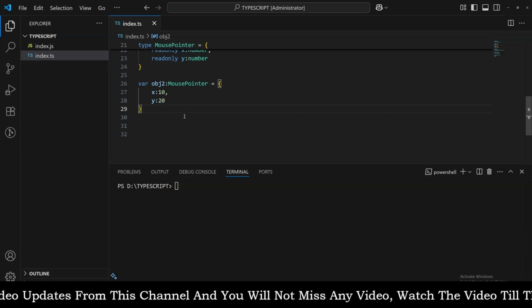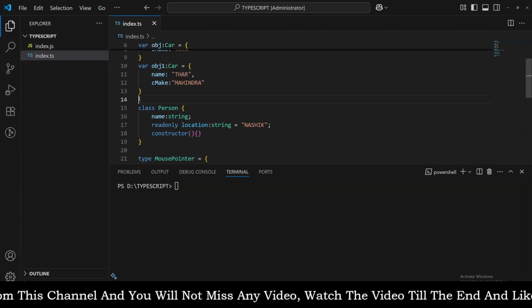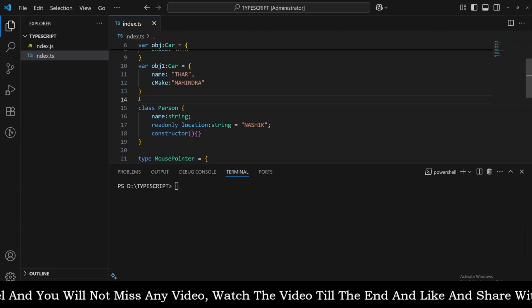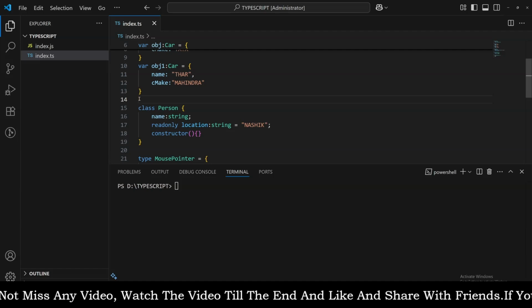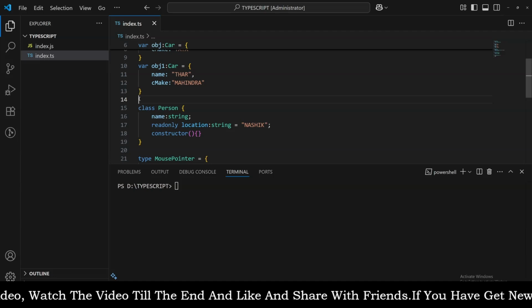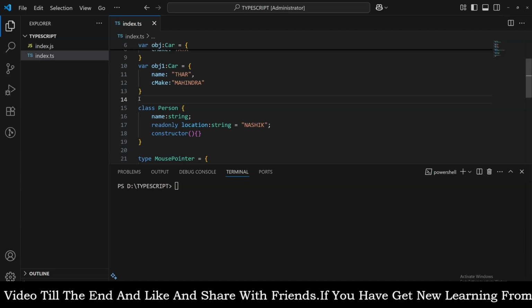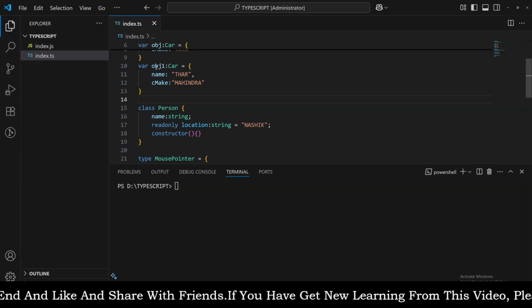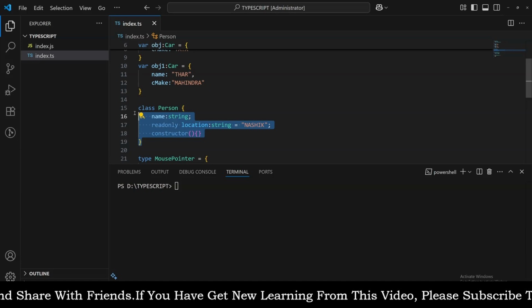Let's understand the differences between const and read only now. Now about the const, right? The const keyword is used to declare constant variables, whereas the read only keyword is used to declare the read only properties of a particular object. So you see, a class is also an object only, right? At the end, a class is nothing but an object only, a wrapper. So we can say that a class is also an object and a normal object is also an object. As you can see, object one is an object and class person is nothing but an object only at the end. Okay,